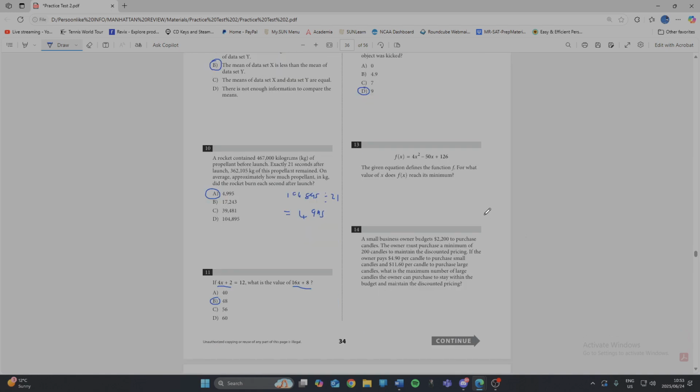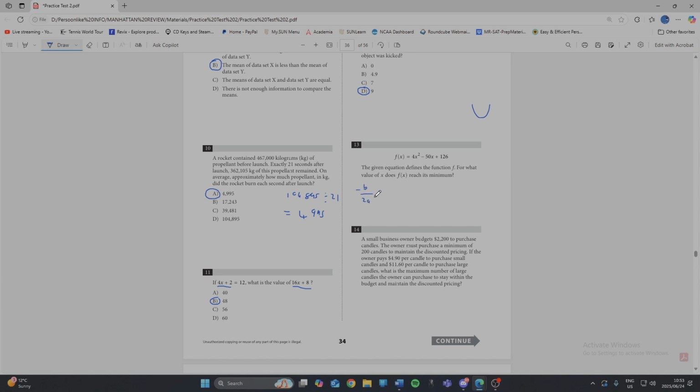13 says, the given equation defines the function f. For what value of x does f(x) reach its minimum? So 13 is just a parabola that would look something like this. So it asks us for what value of x does f(x) reach its minimum. So there is a formula we use to get this. Of course, most of you would use Desmos, but seeing that we are doing this paper without using any Desmos, we can use the equation negative b